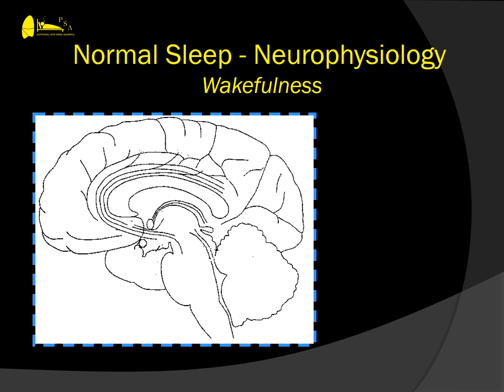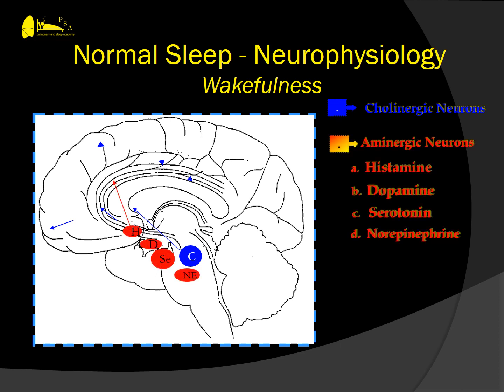So the wakefulness pathway, also known as the excitatory pathway, is one where we have release of cholinergic activity throughout the entire brain, promoting wakefulness. There is the supporting cast of these neurons that secrete aminergic activity, and from top to bottom they are histamine, dopamine, serotonin, and norepinephrine. They all support us being awake and alert, and the activity of this is basically very